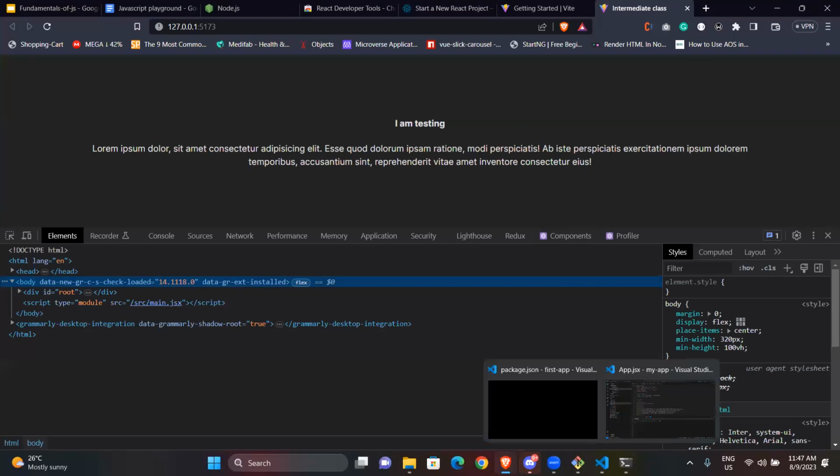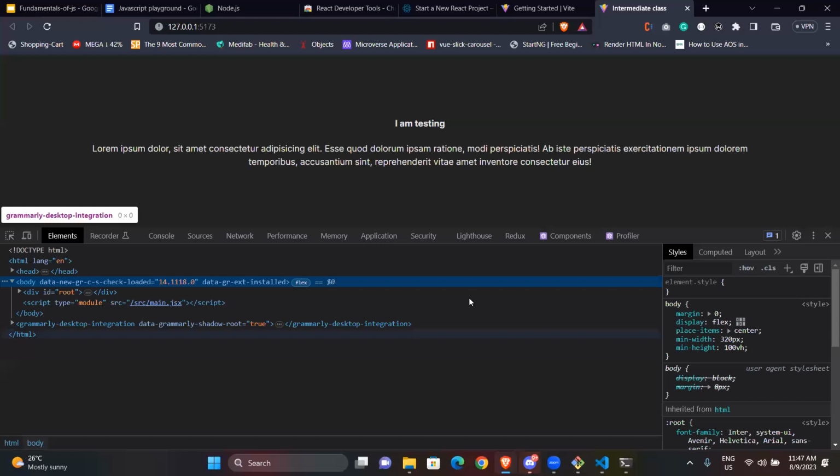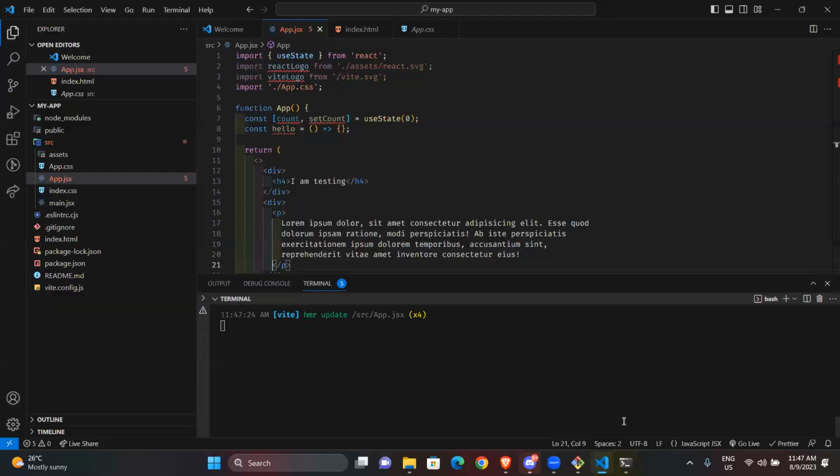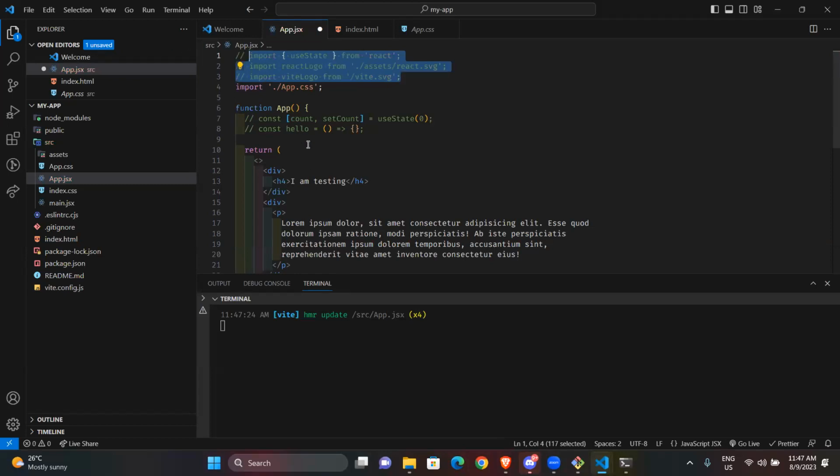Something that we need to know is that at some point, let me remove the CSS because the CSS seems to be interfering. I'm not using this useState, so that's why I have all these squiggly lines and errors. The beauty of this is that when you have an error, you see what is wrong.